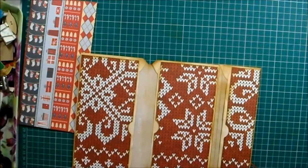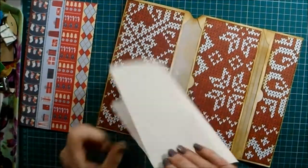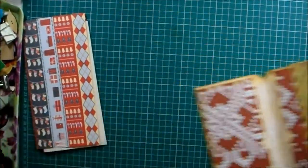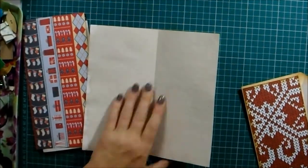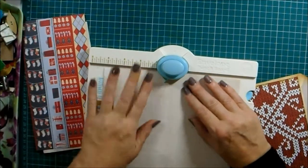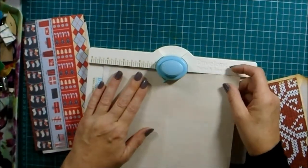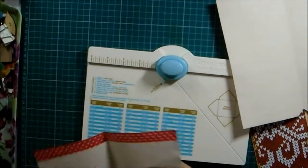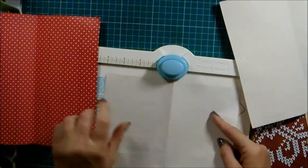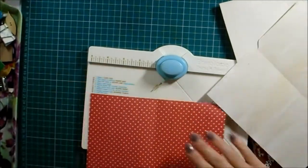And then what I do, I cut these dinks out of my pages with my envelope punch board. You don't have to do that, and well, if you ain't got an envelope punch board you won't be able to do that, but it really don't matter. It's just the way I do it. I suppose you could cut a little dink out if you wanted to. I just think it fits nicer with the elastic, and it holds it really nice and firm in place. It doesn't move about at all, and it's fine. So I just do that with my pages, just lining up the middle right in the centre of the punch, and then right,